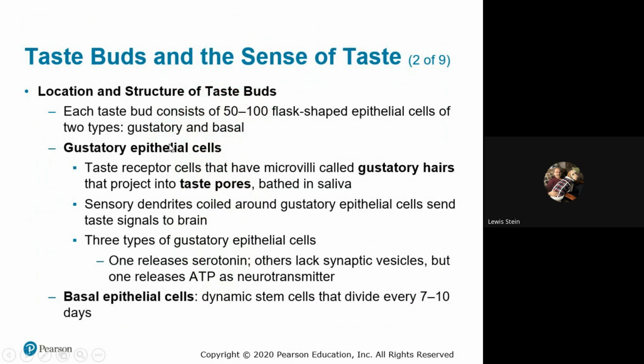So these gustatory epithelial cells are really a variation of microvilli called gustatory hairs, because they look a little bit like hair, but they're just a microvillus appendage, surrounded by the saliva. Without going into the physiology there, as you can see, serotonin and ATP act as neurotransmitters. And you can see we have stem cells that replace them. So when you do get that unusually hot piece of pizza,